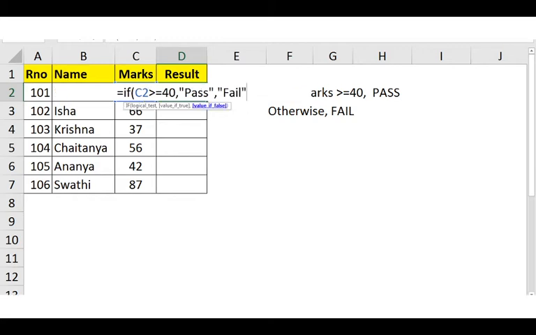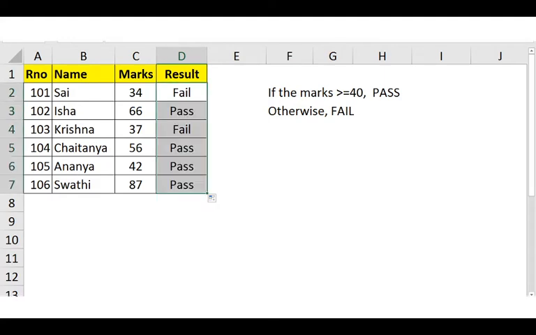So I wrote here the value if the condition evaluates false. Close the round brackets, press enter. Okay, the result is as per the condition, fail. We will apply autofill here or copy paste. So as per the marks given,